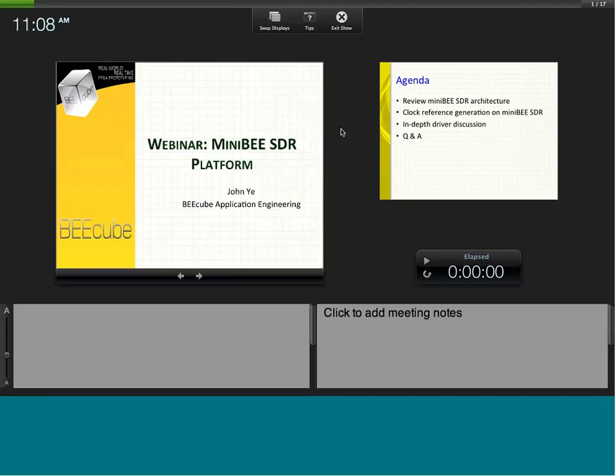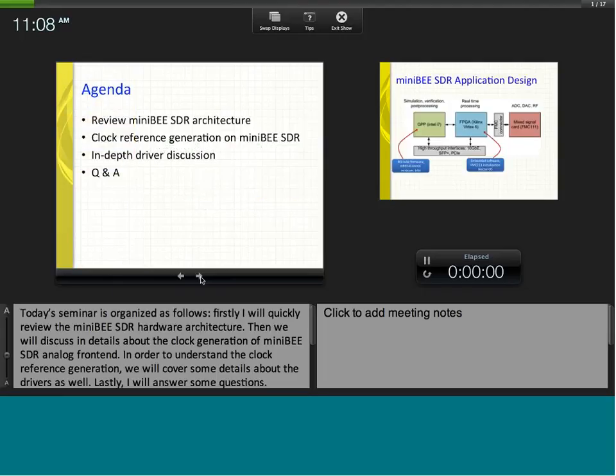Today we are going to cover some of the advanced design topics for miniBEE. The agenda for today's seminar is going to be organized as the following parts. First, I want to do a quick review of the miniBEE SDR architecture. My assumption is most of the